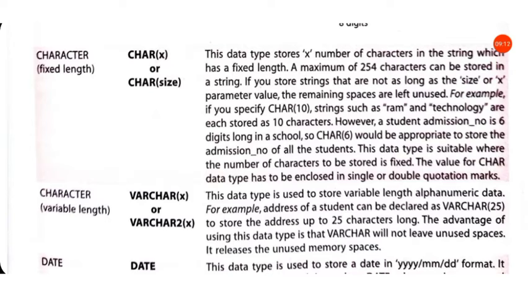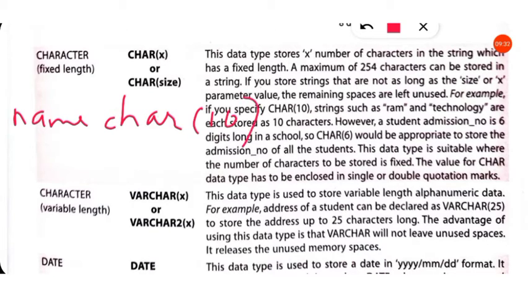For example, suppose you specify in your SQL statement the size for name as name char 10.